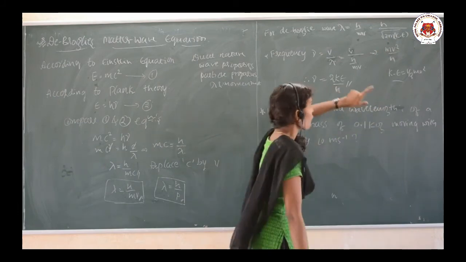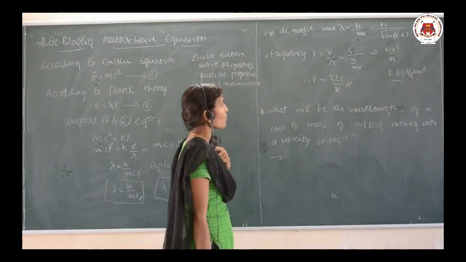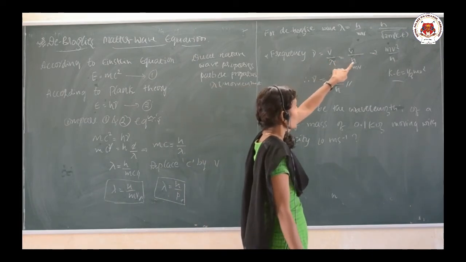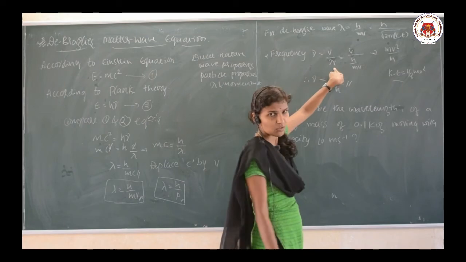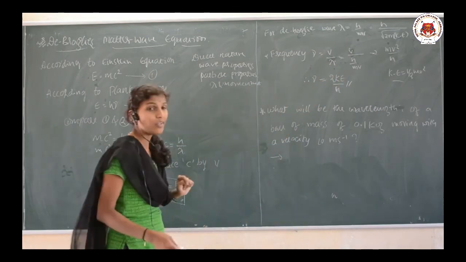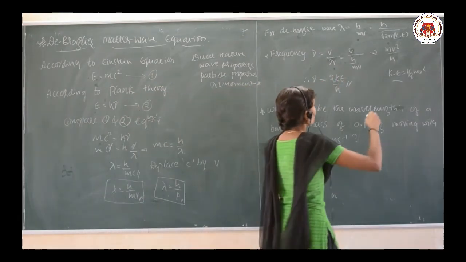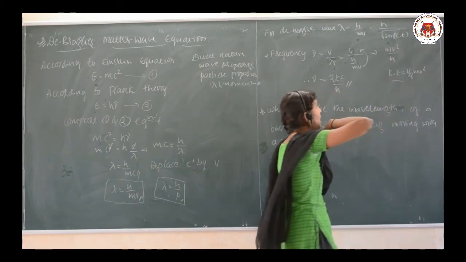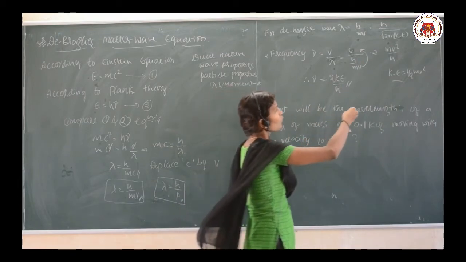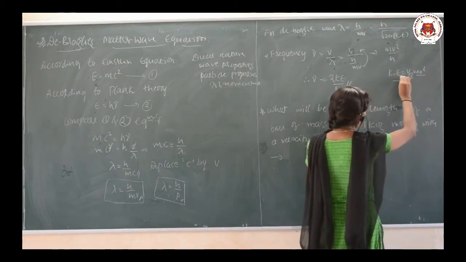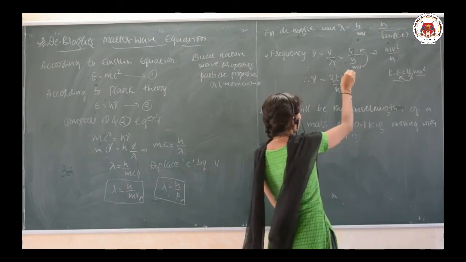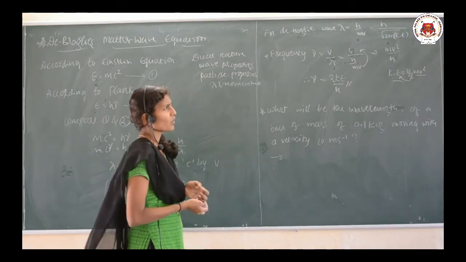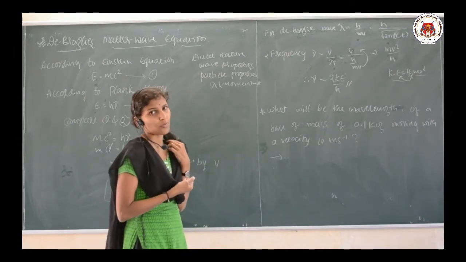The formula is like that. And frequency nu is equal to v by lambda, we keep as it is, and lambda is equal to h upon mv, which we already know. So, substitute it. What happens? This will move up, giving mv square divided by h. Again, K is equal to half mv square, you keep it as it is, and send this 2. So, frequency nu is equal to 2 KE by h is the formula. These are the formulae which will help you while solving problems, simple.